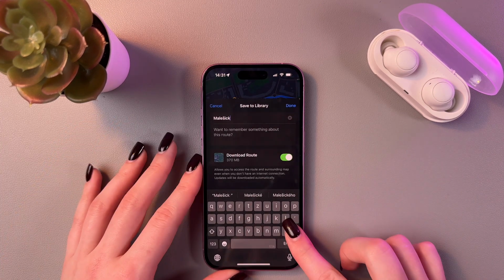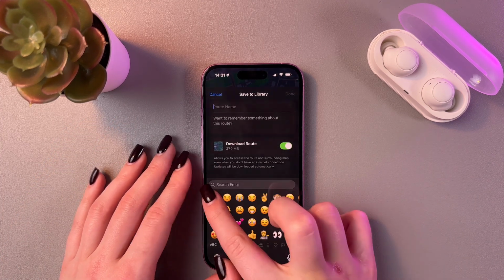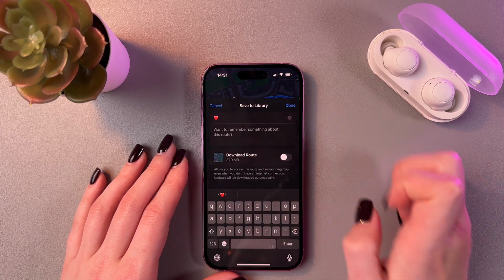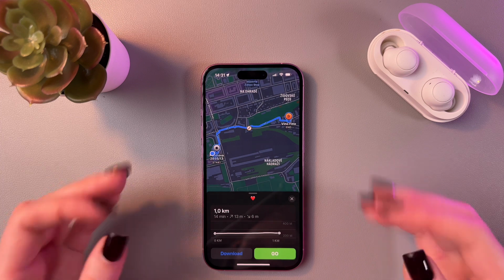You can rename it here. Also you can use emojis. You can download this route or do not do it and then tap the done button to save this route,